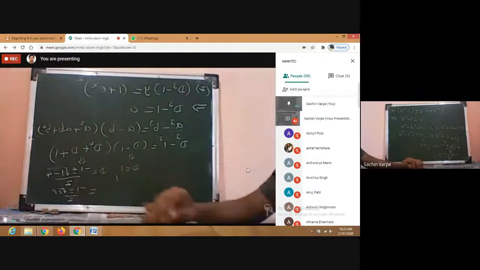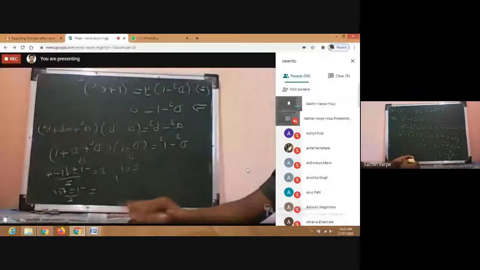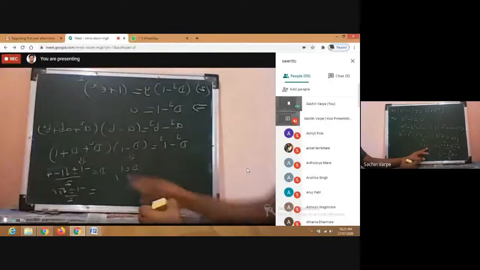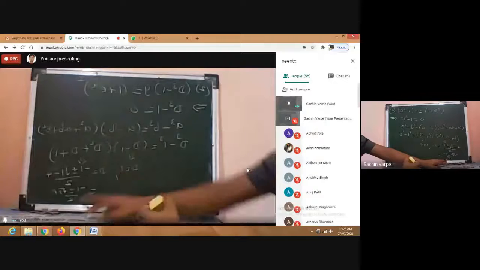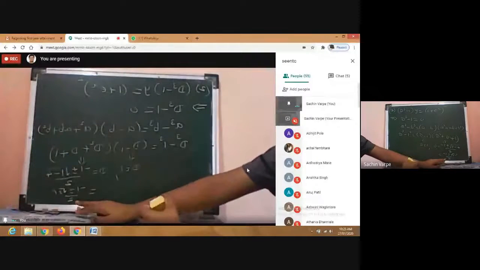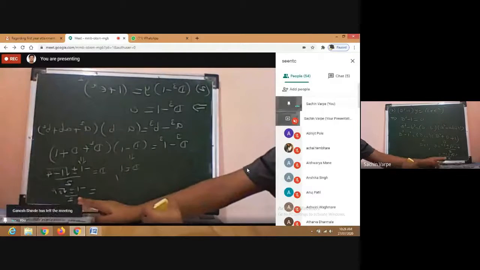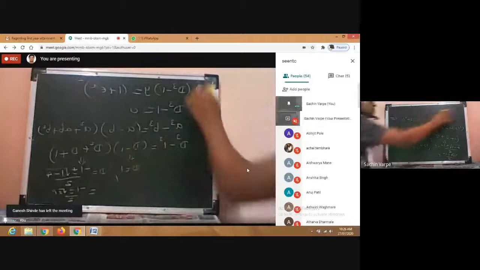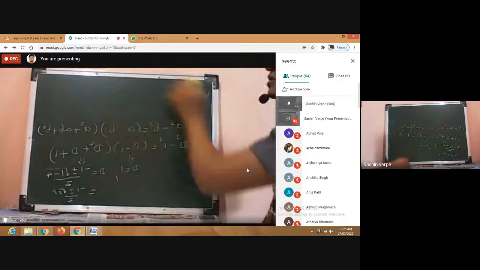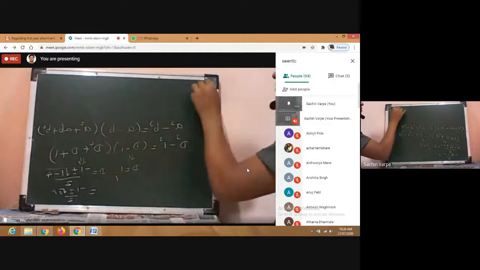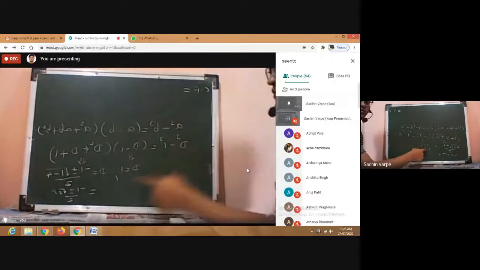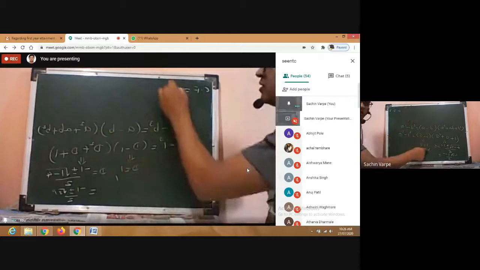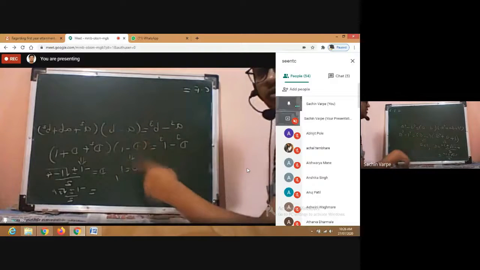So the roots are minus 1 by 2 plus minus root 3 by 2 i. You can check, the roots are complex. So one root is real and the remaining two roots are complex. As I said, complex roots always come in pairs. So here we have two complex roots in fact. So with these roots, the complementary function is CF equal to, I'm writing the real root first. It is not necessary, the order is not important. It is up to you.